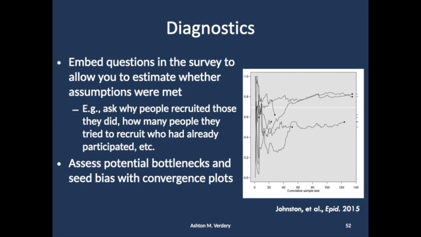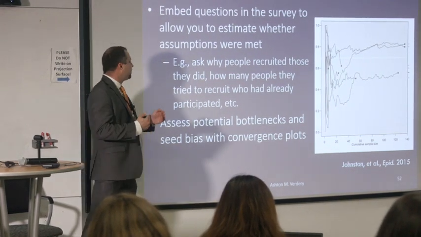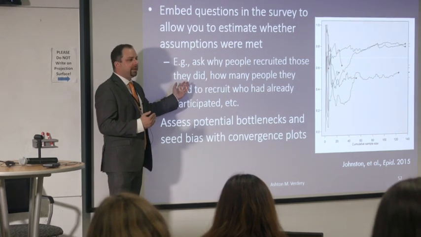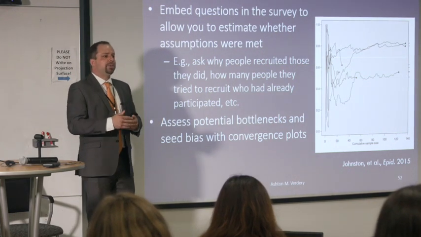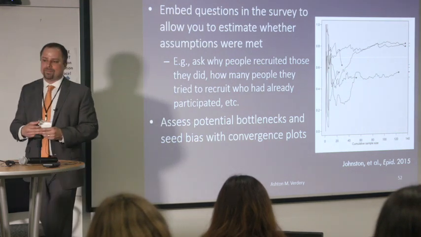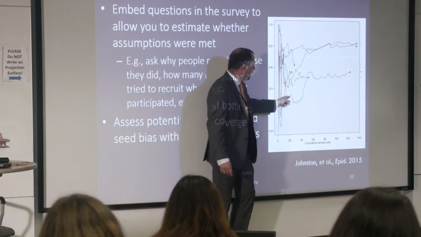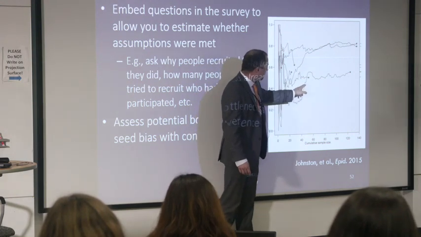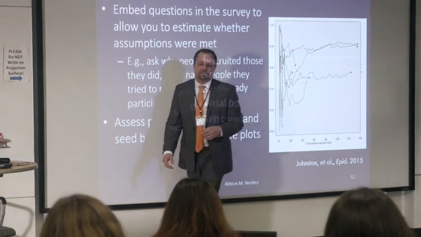An important part of RDS is trying to assess how violated the assumptions that you're making are. And so there are a number of diagnostic tools that have been proposed to try and get at that. So there are questions about asking people who they recruited and why they did so. Questions about asking people, you said you knew X people, how many people do you think wouldn't say they know you? So you get this sense of reciprocity in the network, that kind of thing, to quantify those things. There are also efforts and diagnostic plots to quantify potential bottlenecks in the network. So for instance, if you were to stop the sample here, we would think this one's in a bottleneck. But as the chains evolve, maybe they're no longer in these bottlenecks of recruitment.